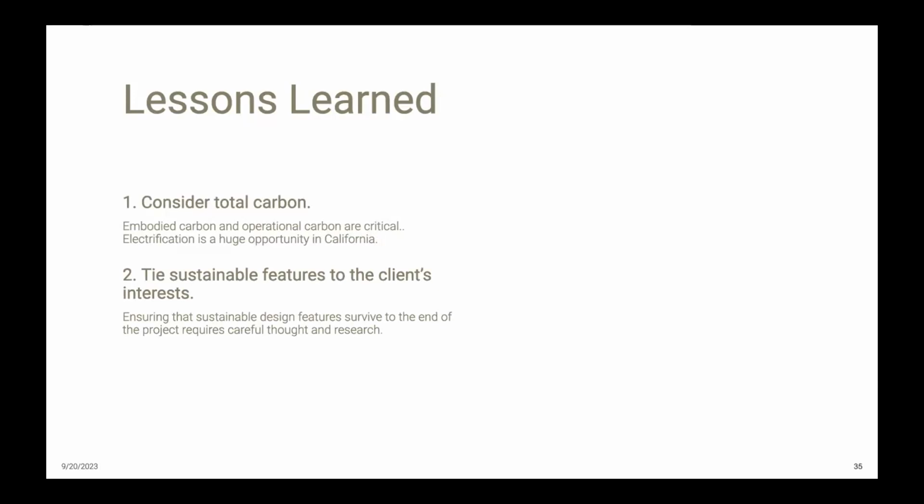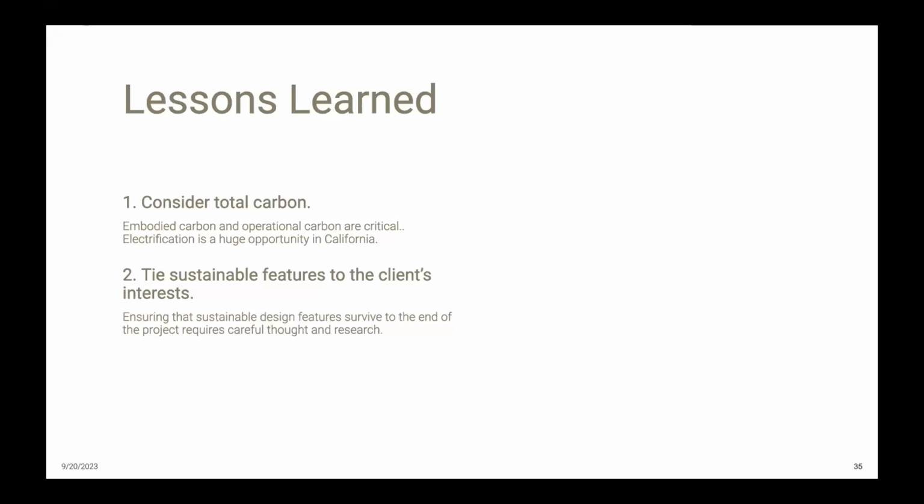So that brings us to point 2, which is to tie the sustainable design features to the client's interest. This means we have to identify what's most important, quantify the value added, and then find a way to tie that added value to the things that the client cares about. On this project, the client's primary concern was cost, which is probably true of a lot of projects.